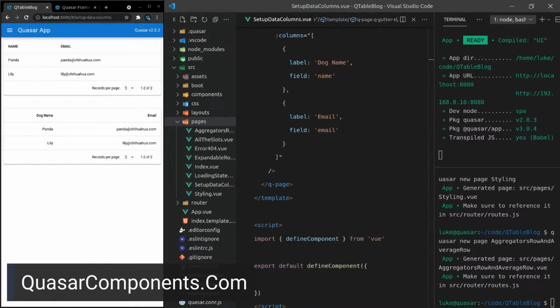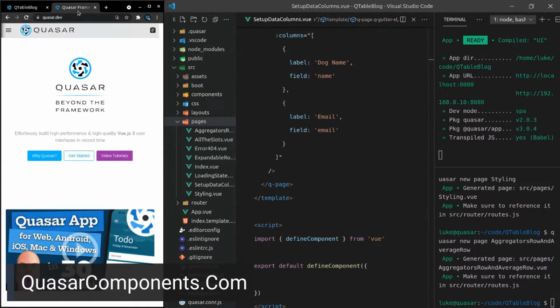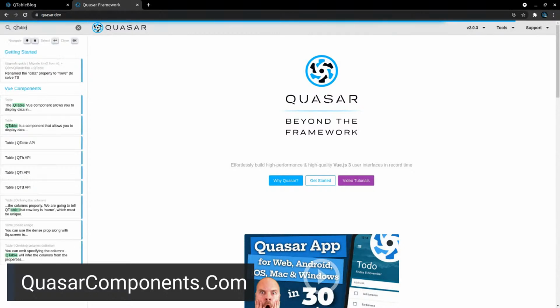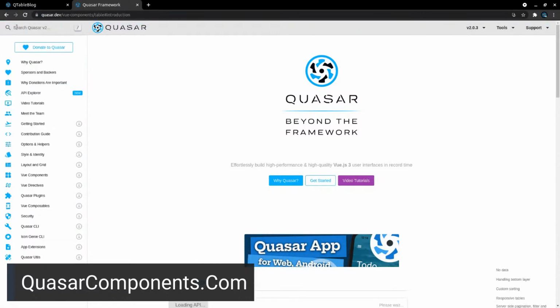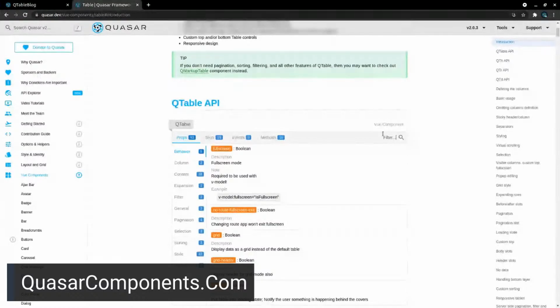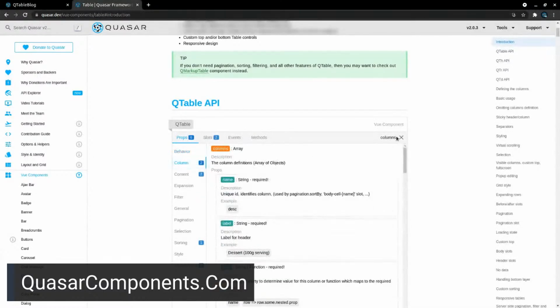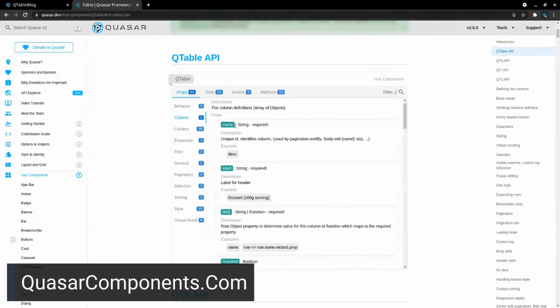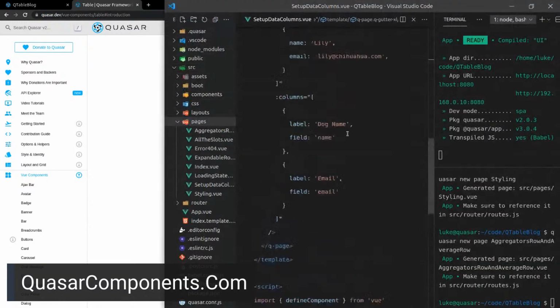What's the next thing that you want to do? We'll probably look at the Quasar docs and see what else they've got in columns. So let's say QTable, and then I'll decide what I want to show in my first blog post for the columns, because if you go too much here, you just tend to overwhelm people. Let's say columns. Name, unique ID identifies column. That might confuse people to begin with, but it is kind of important. So yes, we will include the name.